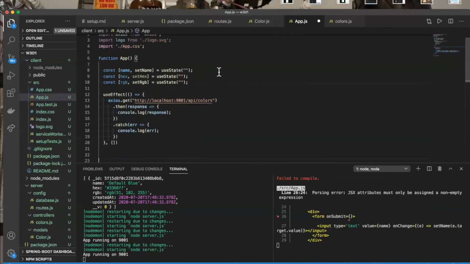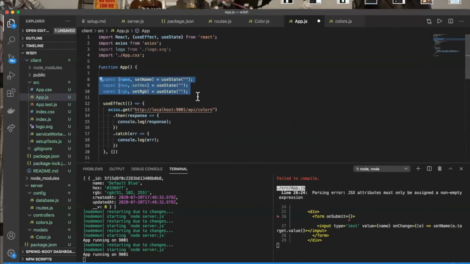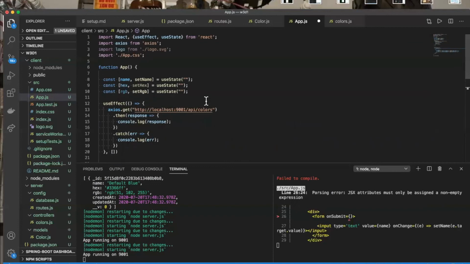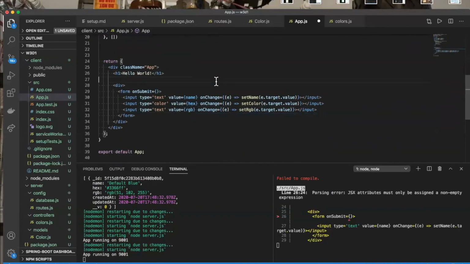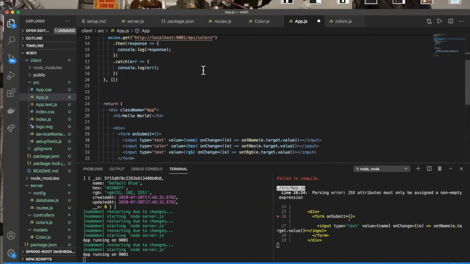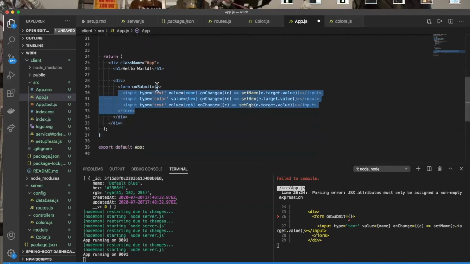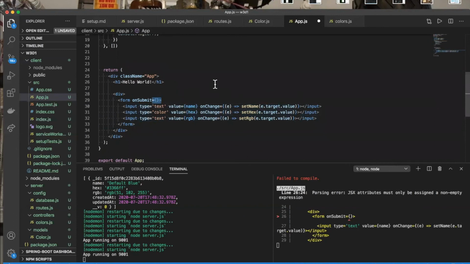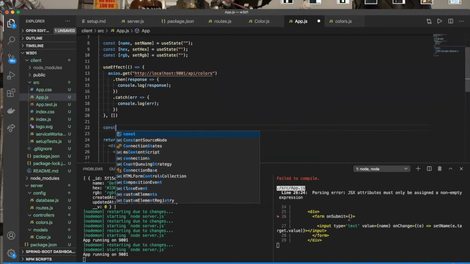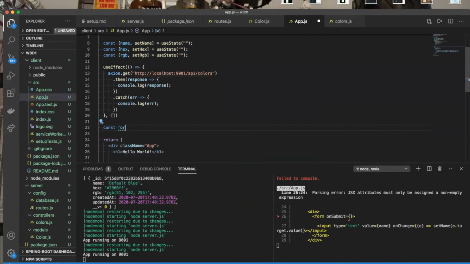All right, cool. So we have 3 state variables, 3 form inputs, 2 text, 1 color. We have an on submit. So this on submit, we're going to have a form handler of some kind. So let's create a const form handler